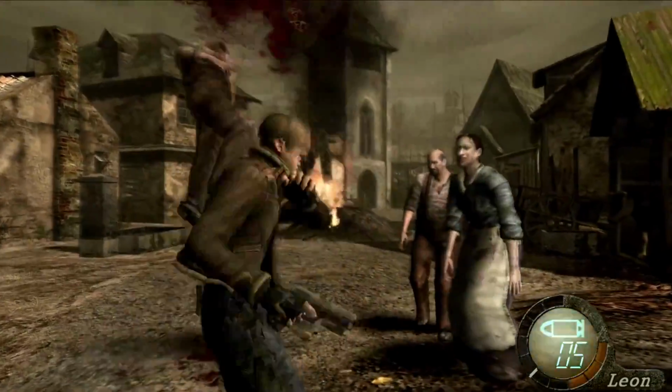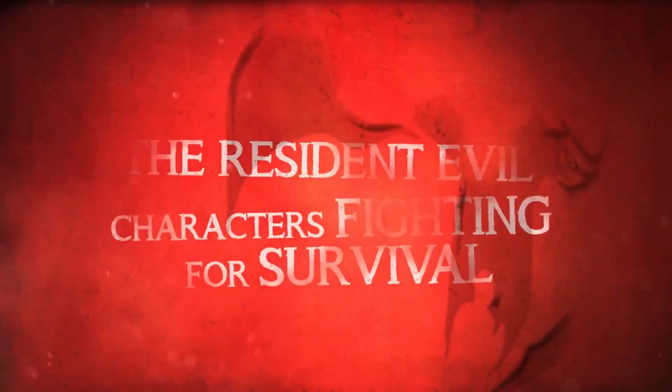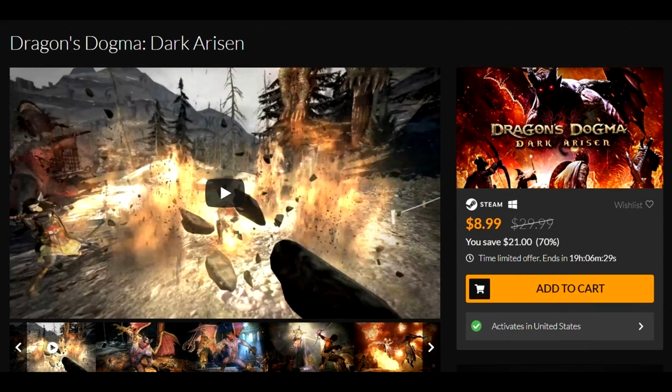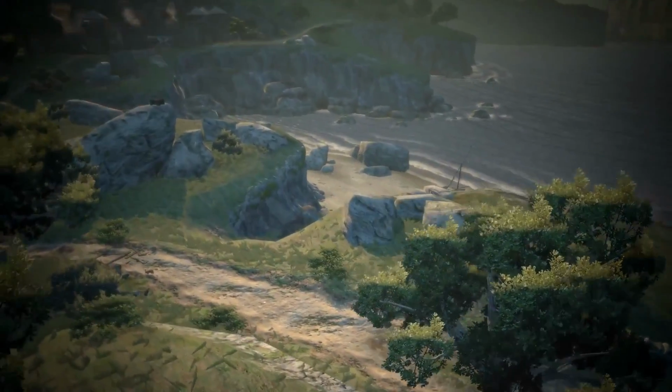And of course, we are coming up on the release of the RE2 remake, and that looks absolutely tremendous. Now wouldn't be a bad time to get into Resident Evil. Also, another great deal, Dragon's Dogma Dark Arisen is 70% off, $21 off, and it is down to $8.99. I believe this is one of the best prices we've seen on Dragon's Dogma Dark Arisen,